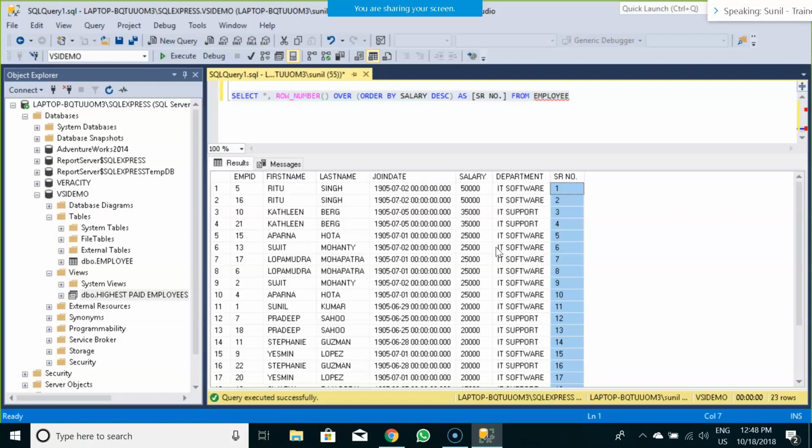Now, if I apply a partition on that, what would happen? Let us check. It's the same thing, but there would be some difference.